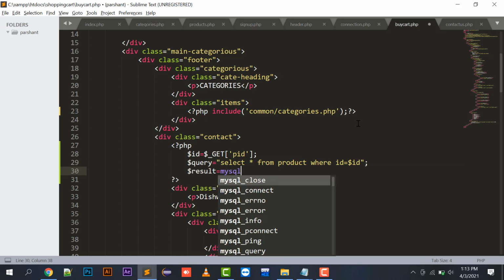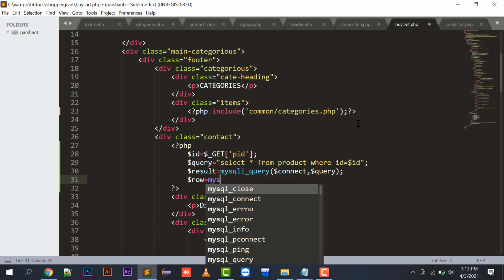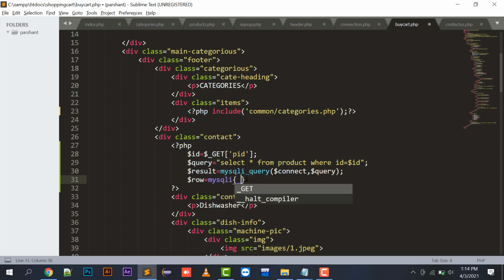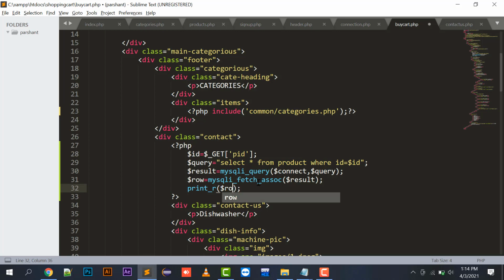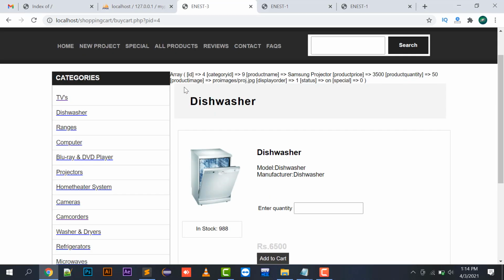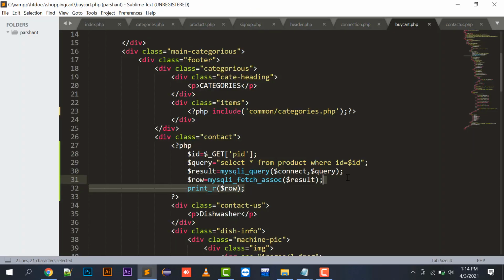Then mysqli_fetch_assoc on the result. If I print the row, that particular product is displayed over here.